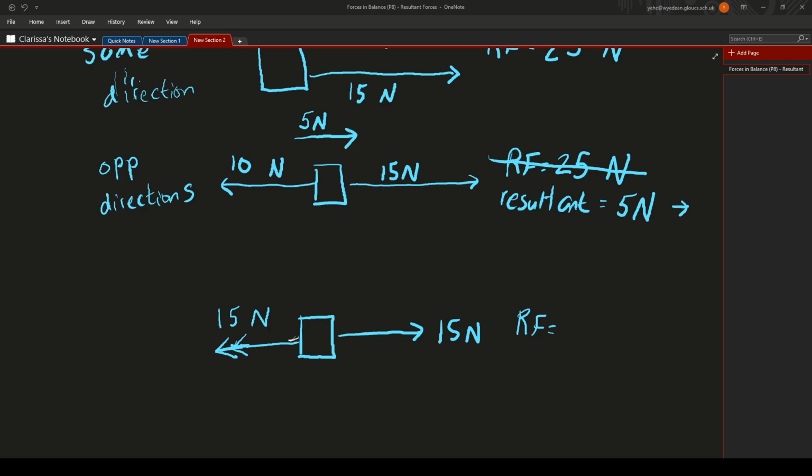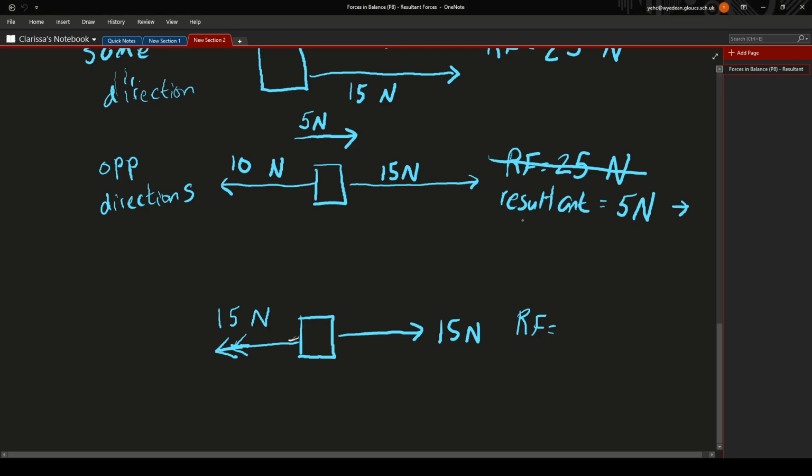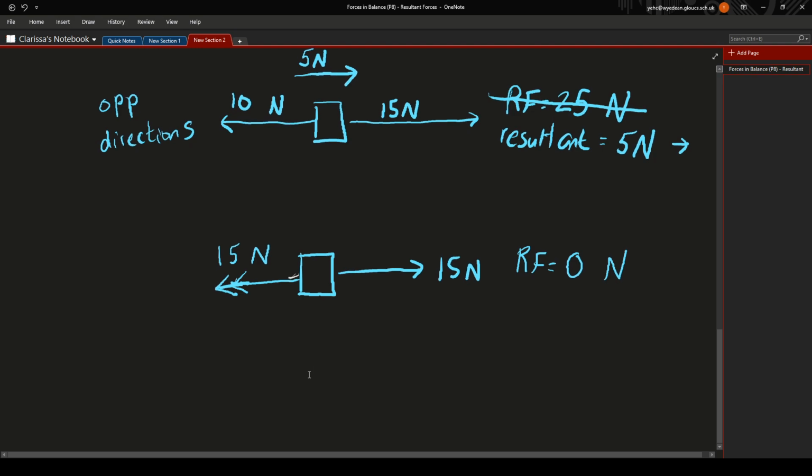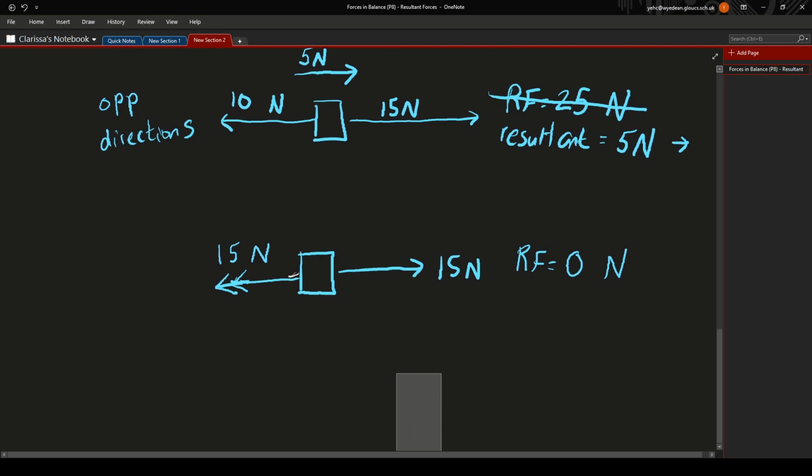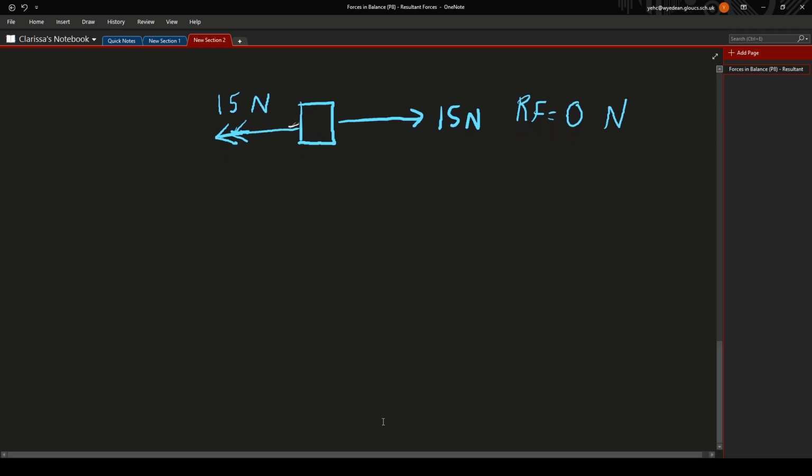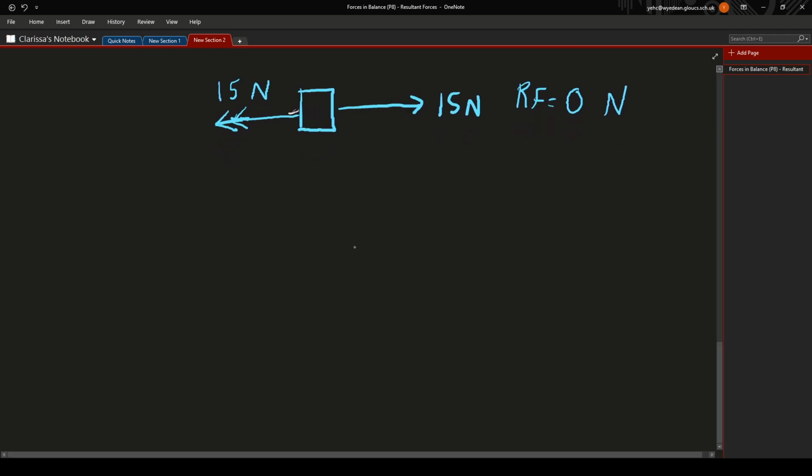Spot on, spot on. The resultant force is just going to be 0 newtons because they just canceled each other out. Even though they're the same number, they're going in opposite directions, so they've just essentially canceled each other out. Okay. Now I'm going to have one that is a bit more challenging. I'm going to do a circle this time. We'll say